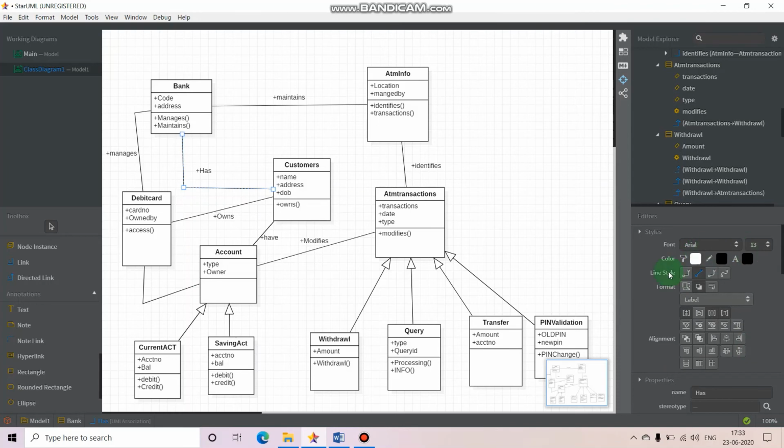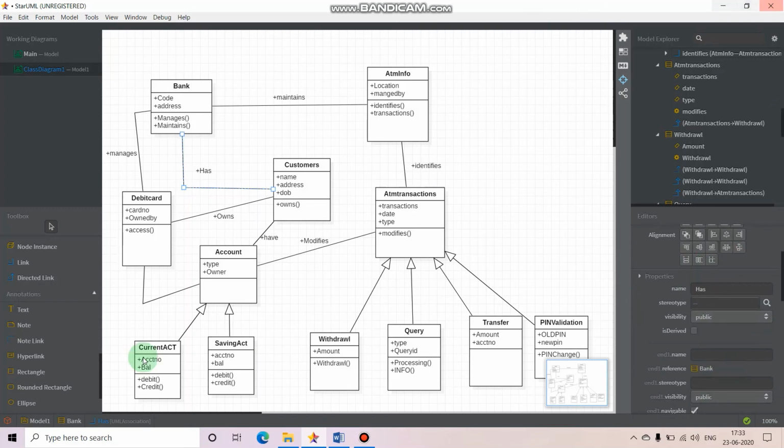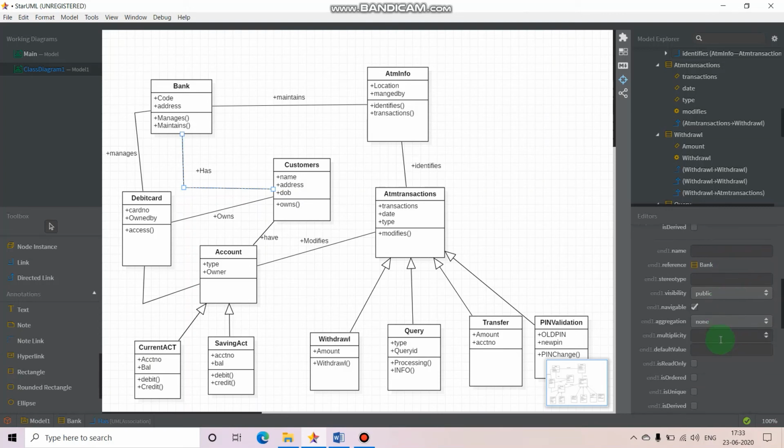You may change the font, line style, you may format it, and you can change the alignments, etc. And when you go down, you will see this multiplicity. You can change this like this.